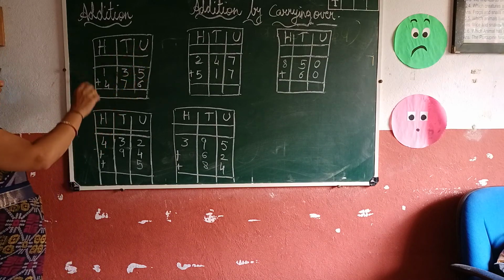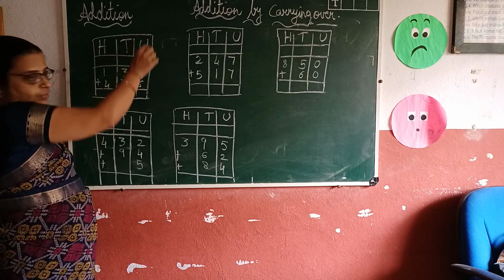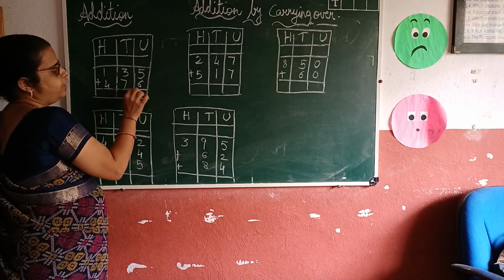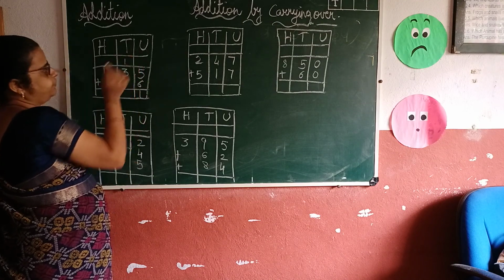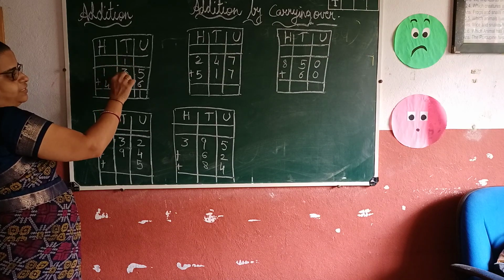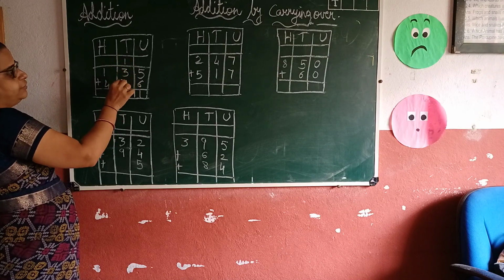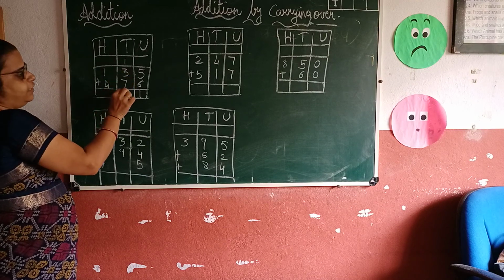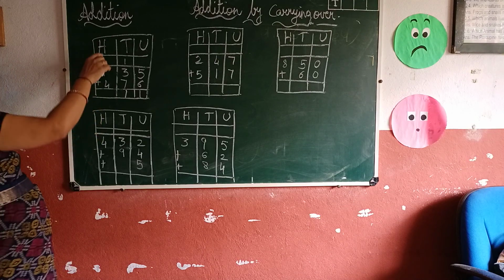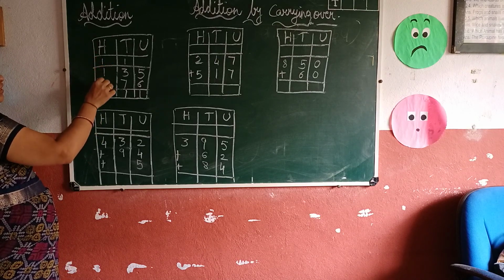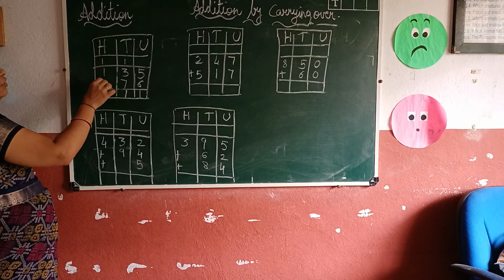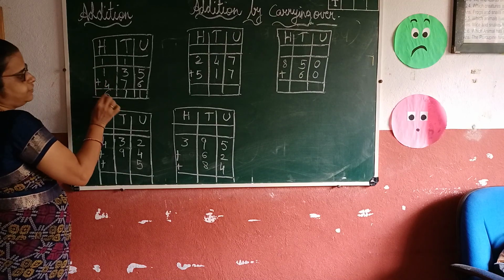So while doing the addition, first we have to add the units. So 5 plus 6, how many? 11. So we have to write here 1, carry 1 here. So 1 plus 3. 1 ten plus 3 tens, how many? 4, and here it is 7. It is again 11. So 11 tens, carry 1 here. Again in the hundreds column we have to count here 100, 200, and here is 4. So it is 1, 2, 3, 4, 5, 6. So here it is a 6.